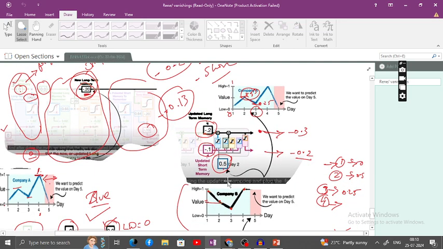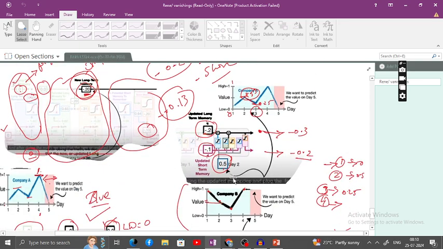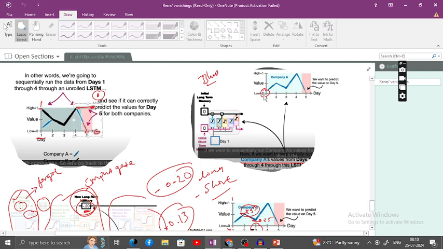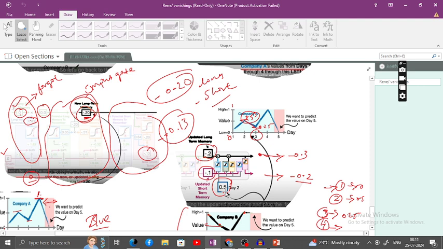Next day output is 0.5. Why? Because on day number 2 the output is 0.5. Day number 1 output is 0. Day number 2 is 0.5 because it is in the middle, not 1. So if it is high, I will call this 1. So day number 2 it is 0.5, and if you pass this 0.5 into the neural network, the same